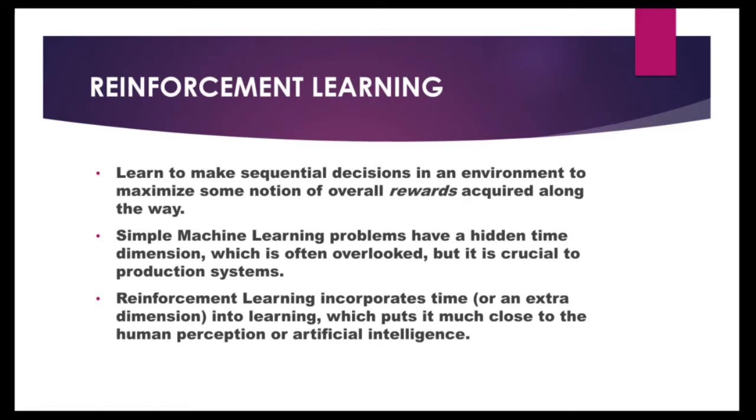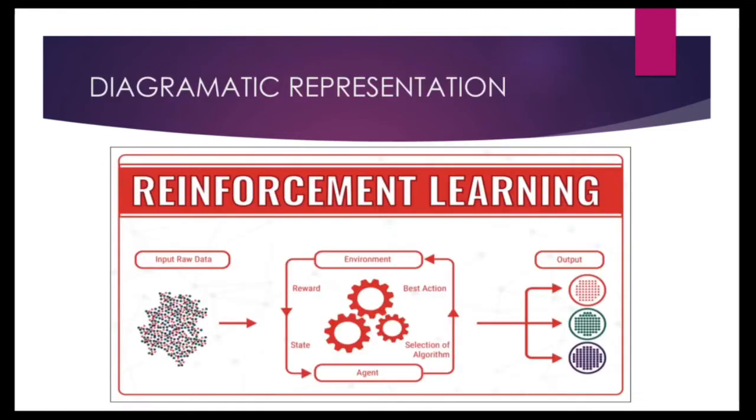It is unlike simple machine learning problems, which have a hidden time dimension that is often overlooked, but it is crucial to production systems. Reinforcement learning incorporates time as an extra dimension into learning, which puts it much closer to human perception or artificial intelligence. This is the diagrammatic representation of reinforcement learning, where we input some raw data. It will be covered with environment, reward, state, agent and selection of algorithm,